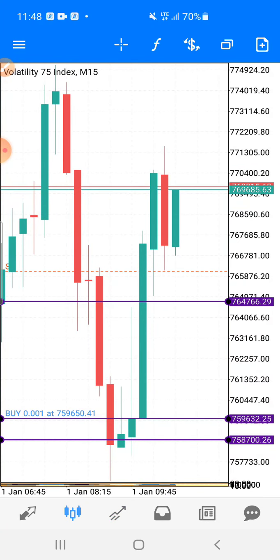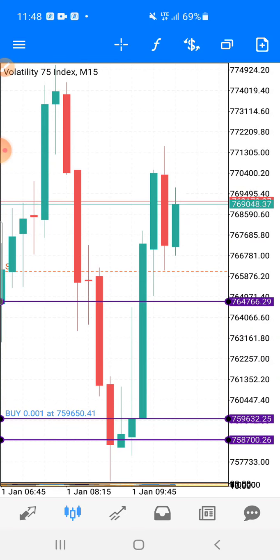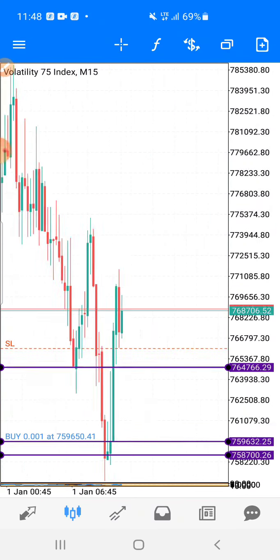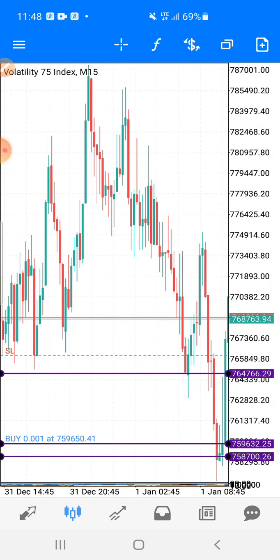When you are growing a small account, please come down to a lower time frame. Use a lower time frame to grow accounts. You don't just go to 1 hour time frame or 30 minutes time frame when you have just $10. You need to come down to 1 minute time frame for your entry. Do your analysis on a higher time frame, then enter your trade on a lower time frame. This is how to trade volatility 75 or volatility 50 the easiest, simplest way.